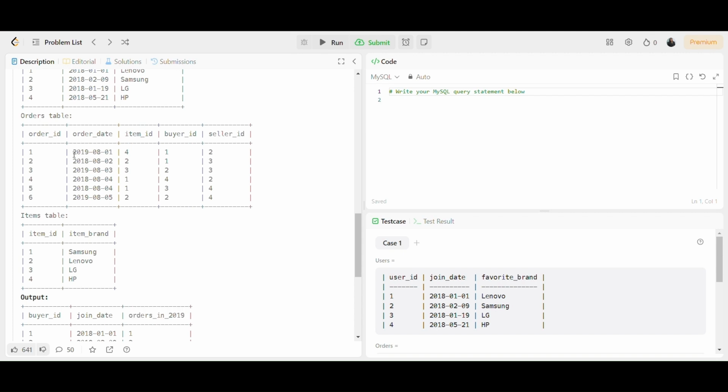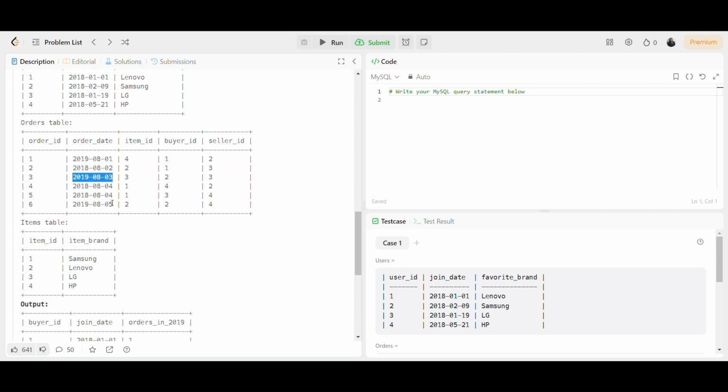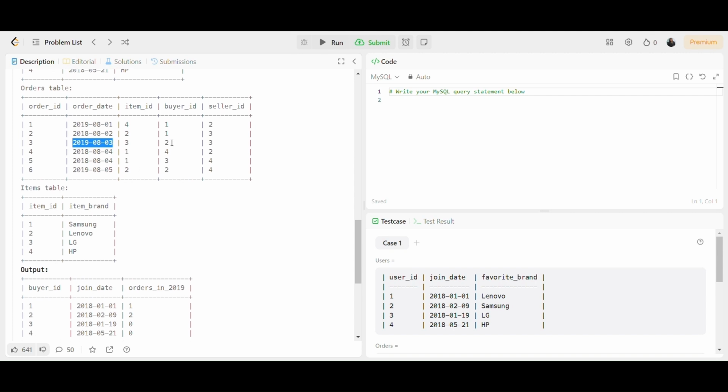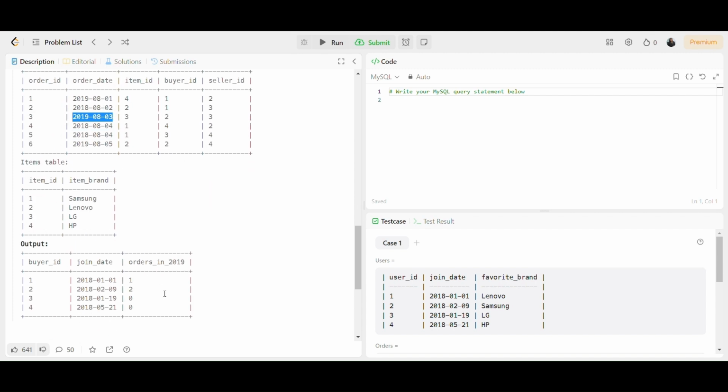If we check the order dates, we have three orders in 2019. In 2019 we have order ID number 1, where the buyer ID is 1. The brand that he got was Lenovo, his favorite brand. Next, the second one: how many orders do we have here? The buyer ID is 2, only one item, right? So the order here was